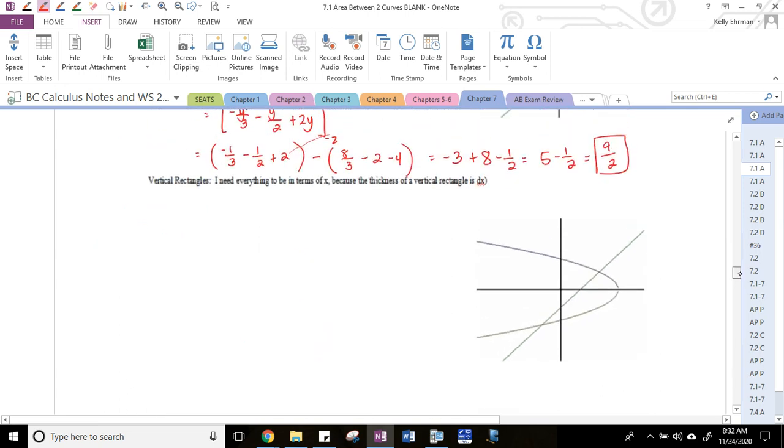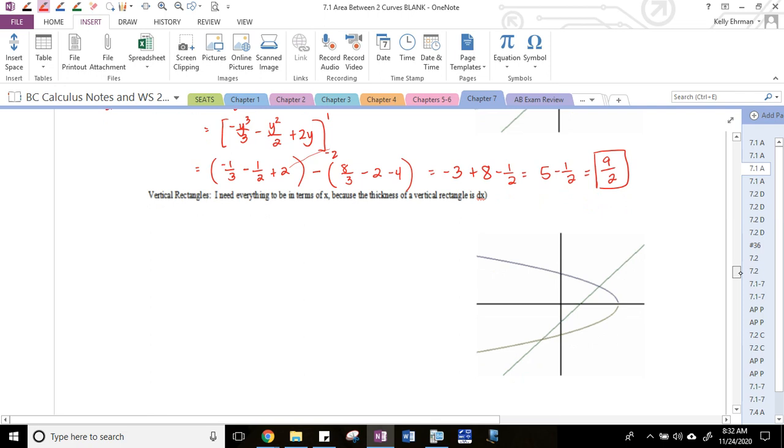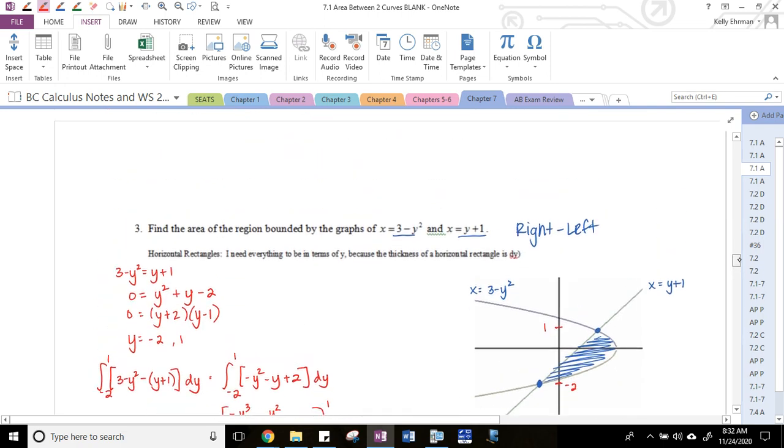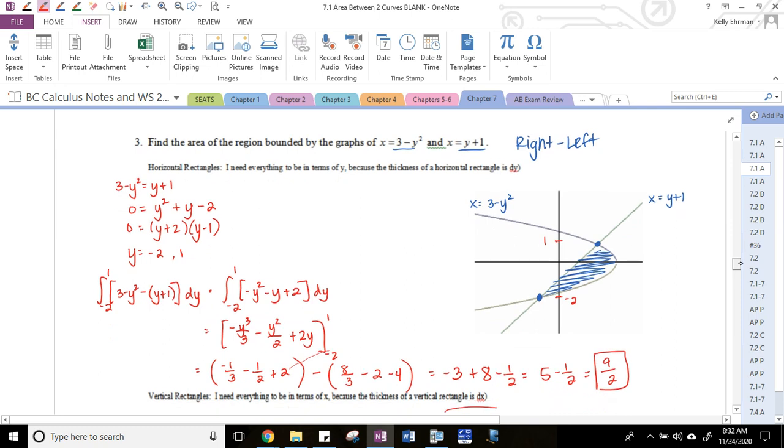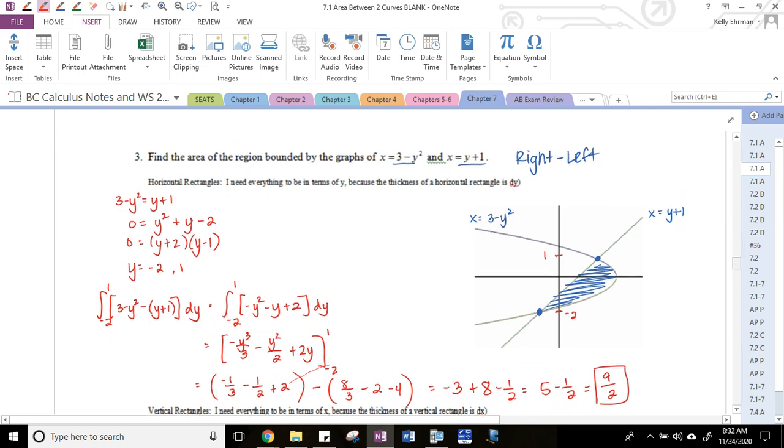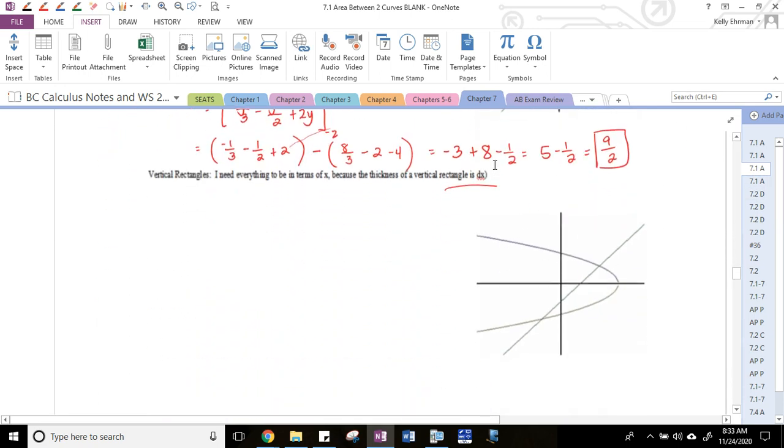All right, what if we take the same two functions and we want to find everything in terms of x? So that's where, I mean, life is much harder this way. So I wouldn't do this. Like I would never choose to do this unless I'm told to for some reason. But let's take these same equations, x equals 3 minus y squared, x equals y plus 1, and let's solve